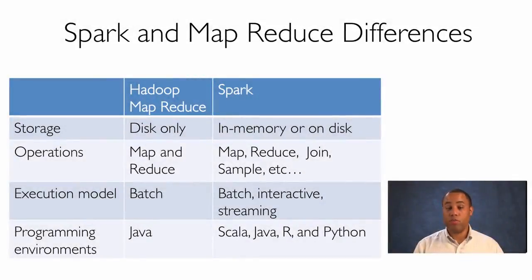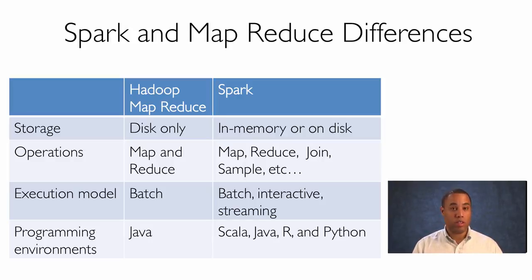Let's talk about the differences between Spark and MapReduce. In MapReduce, your only option for storage is the disk. In Spark, it supports both in-memory storage and on-disk storage. In terms of operations, MapReduce only supports the map and reduce operations, whereas Spark supports map, reduce, join, sample, and